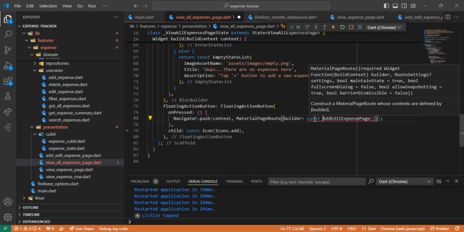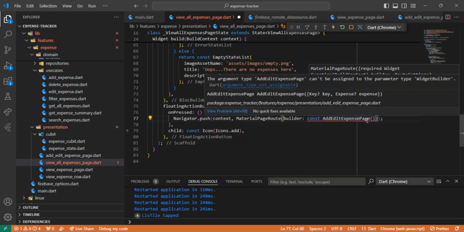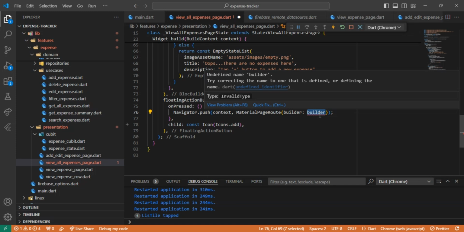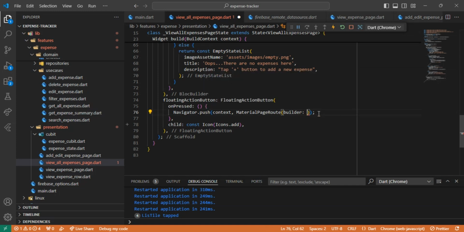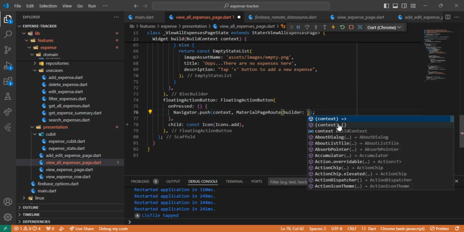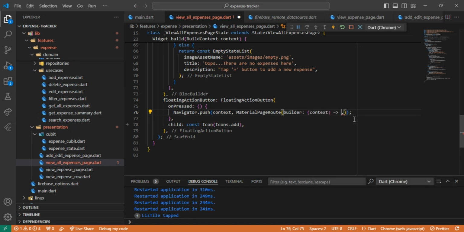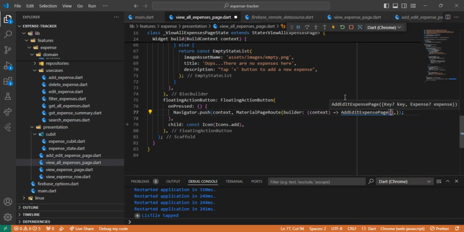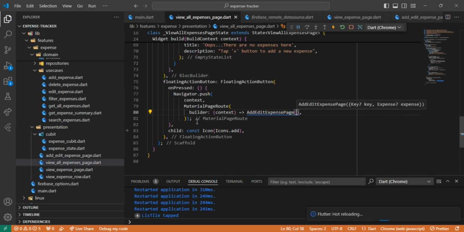And remember, we have the option to provide... wait, what happened here? Oh, sorry, I forgot. We're too excited. For the builder, we have to delete this, then Control-Space, then click this one, the one with the arrow, not this one, because we are going to return the add edit expense page from earlier. Okay, save that